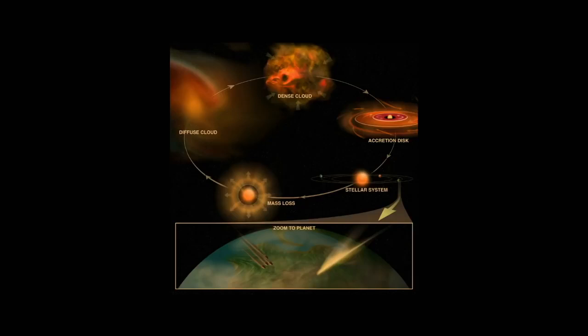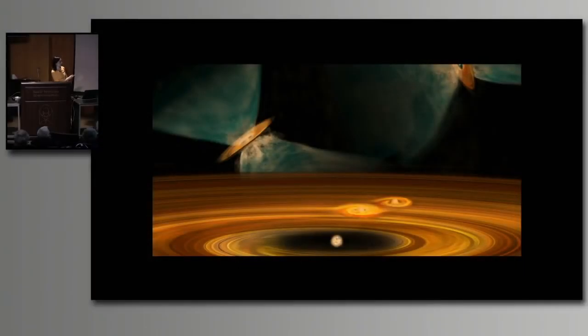Some of the gas and the dust in the disk is accreted to the star, and some other part of the material is ejected in these jets. But let's see what happens to the gas and dust that remains in the disk. The disk is very dense, and the dust particles are colliding with each other. And frequently, this collision makes the particles break into smaller pieces, or they bounce, but many times they stick together. And when they stick together, they start forming larger and larger aggregates.